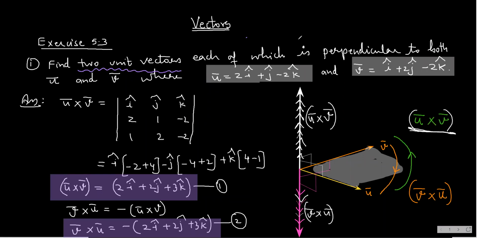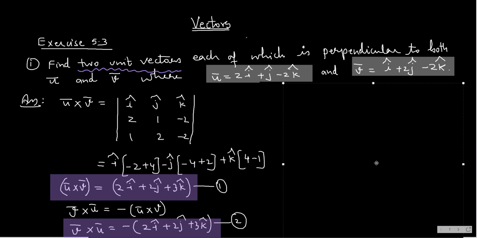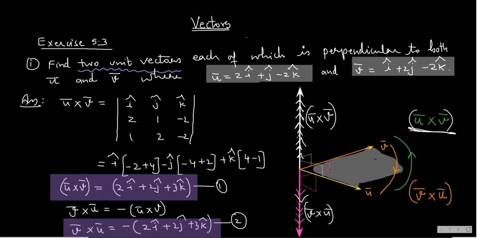Okay, so in order to find the unit vector in the direction of u bar cross v bar, I suggest you take a screenshot of this because I'm going to remove it. Or if you want to see the picture, you will have to go back and check the picture. Okay, so see here, what I'm doing is, let this diagram be here, no issue.